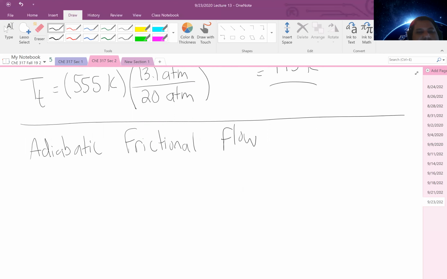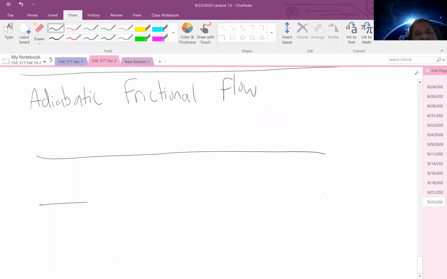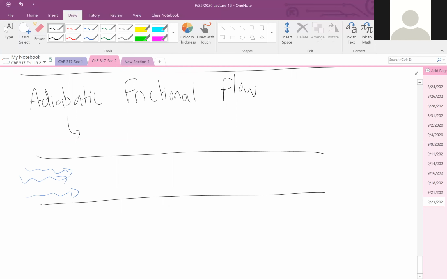And so what do I consider when I'm considering adiabatic frictional flow? If I say something is adiabatic, what can we assume? There's no heat transfer. Yeah, so there's no heat transfer,